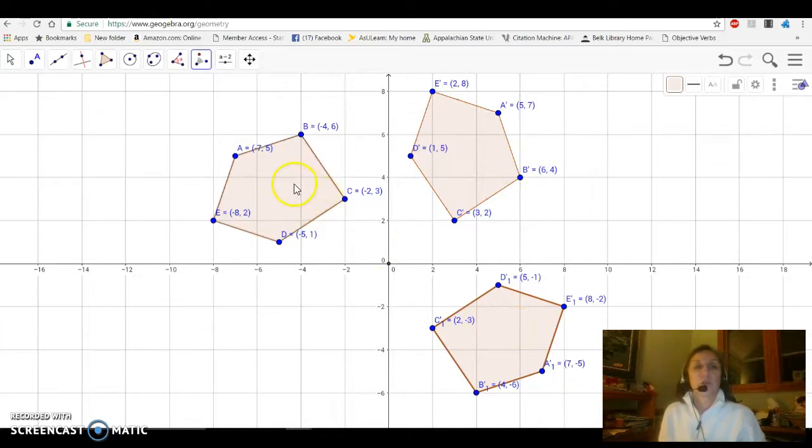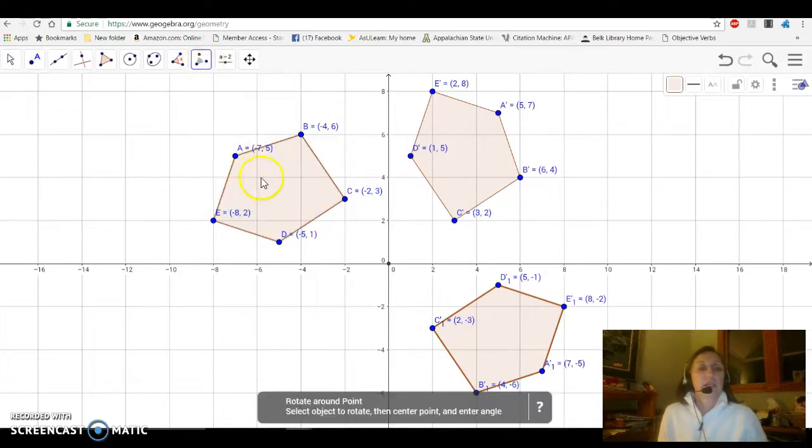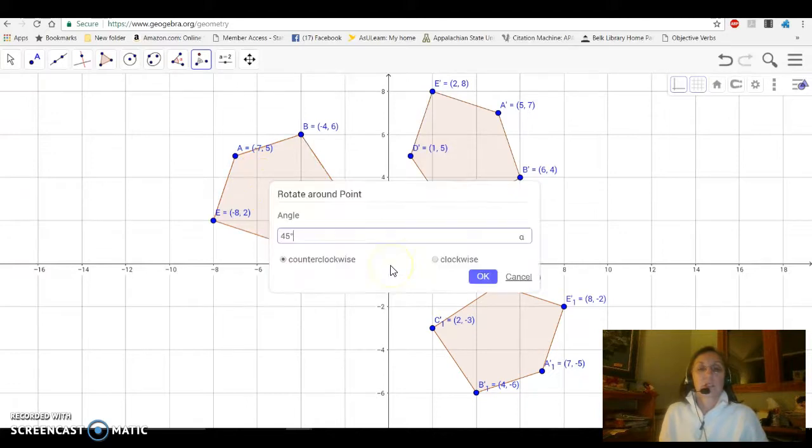Let's rotate it one more time. Let's try to get it to this quadrant. So I'm going to rotate. Although I'm already still on rotate, I could have just clicked, but I'm going to go ahead and make sure that's what I'm doing. I'm going to click this. I'll click my origin. And now I want to end up here. So this was 90. This was 180. If I go another 90 degrees, that will be 270 degrees